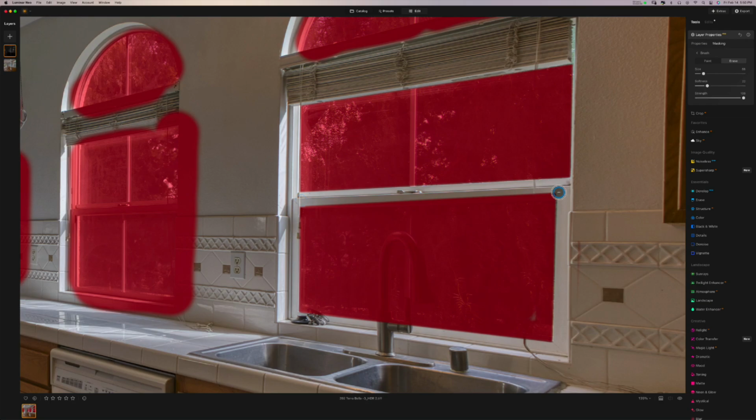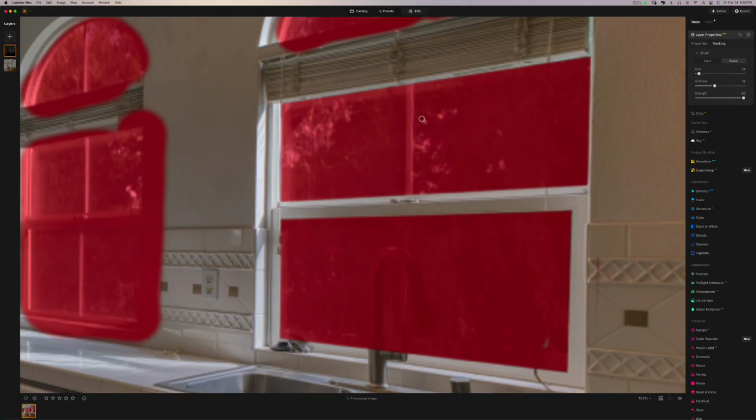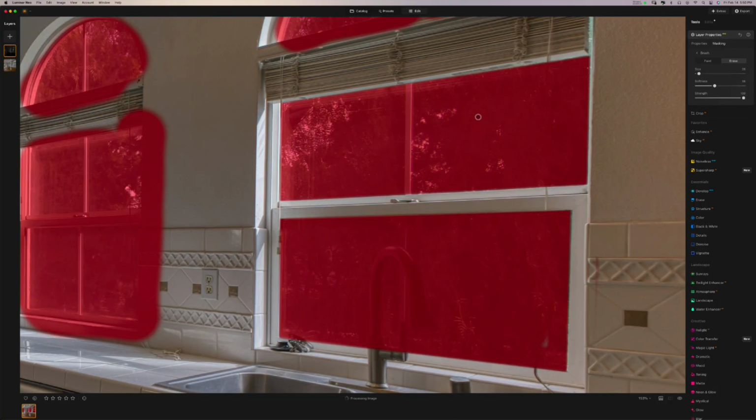There's a difference in size. Click, hold, shift. There's our inner window. You can see the vertical wood piece that's on the outside there. So once again, you change the size, change the softness. Obviously you can zoom in to make things a little easier for you, to see the detail a little bit better of where you need to